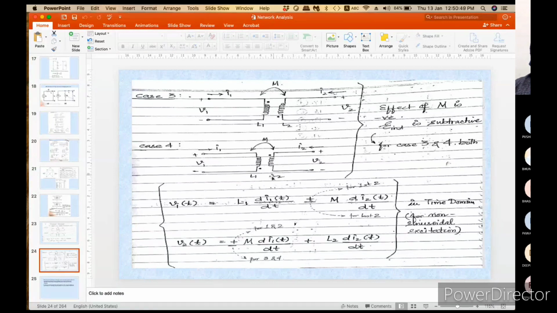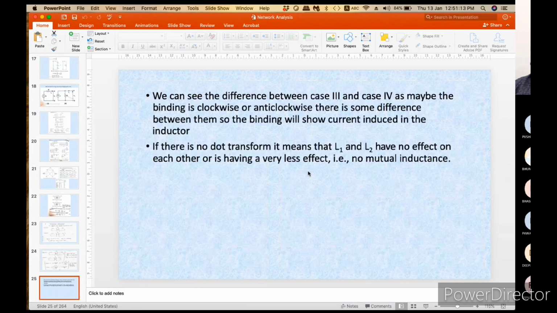Okay, if there is more than one, then they will be giving, for example, for this to this interaction they will be giving this dot. But if there is another coil, from this coil to this coil or this coil to that, then they will be giving some triangle and square and all that, this kind of symbol. So you will have to consider all these things while considering the sign of this mutual inductance also. Okay,